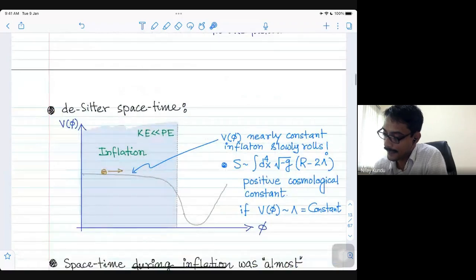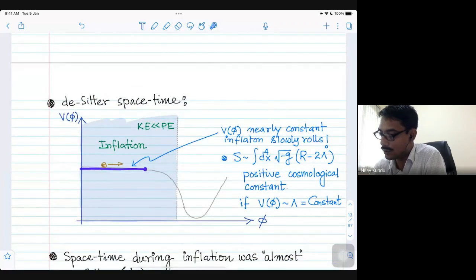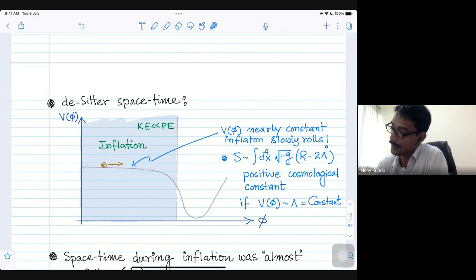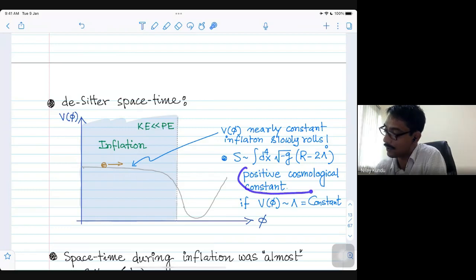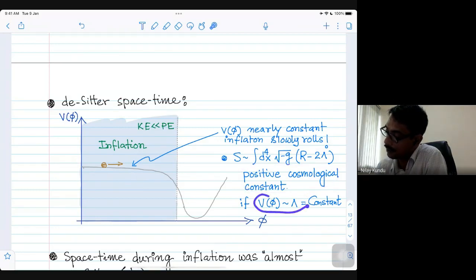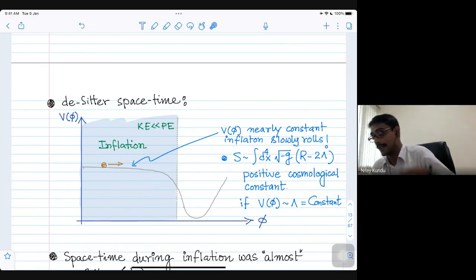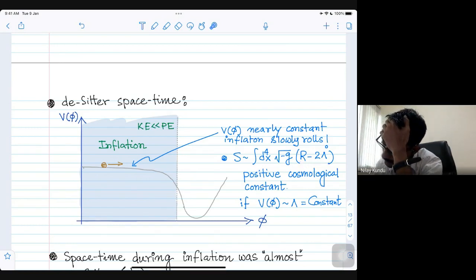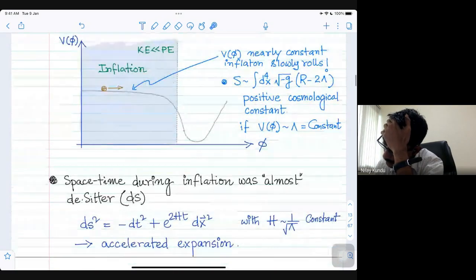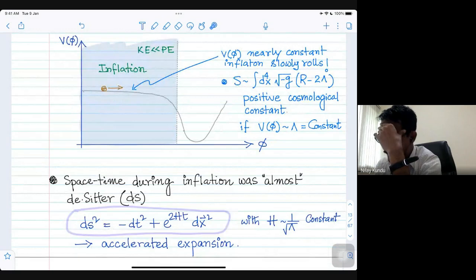So as I said, this potential was almost constant during the inflation. Now, if it was exactly constant, then this action happens to be just the Einstein-Hilbert term and a cosmological constant, which is a positive cosmological constant. That means this potential is almost constant. Then this action is gravity with a positive cosmological constant, and the solution that we obtain from there is this, where the scale factor